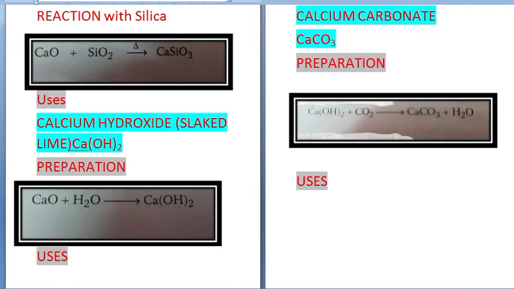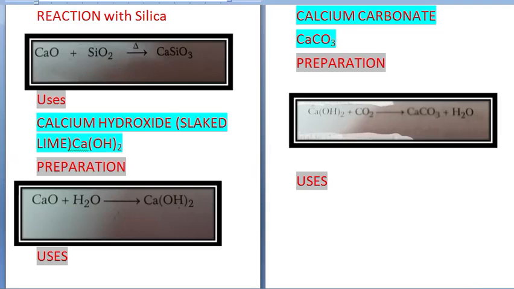Okay. Now uses of quicklime. It is used in manufacture of calcium carbide, CaC2, cement, glass, etc. Used for purification of cane juice in sugar industries. Soda lime, which is a combination of NaOH and CaO, is used in decarboxylation of carboxylic acid. It is used for drying gases and ethanol, and it is used as a flux in metallurgy.